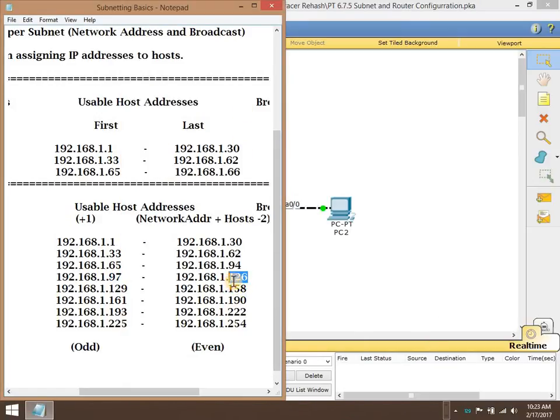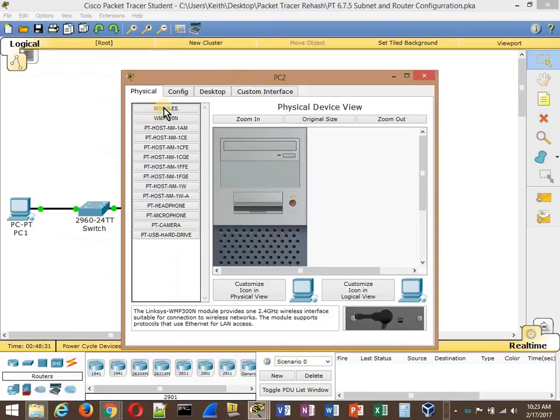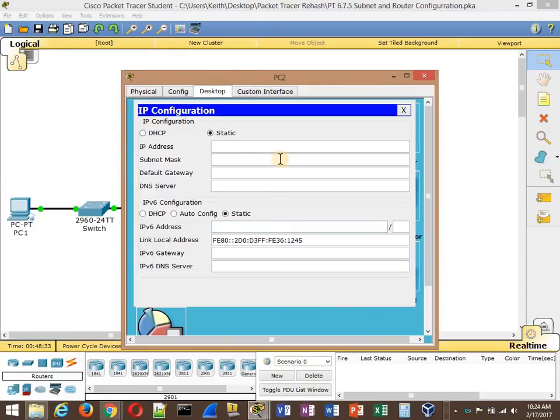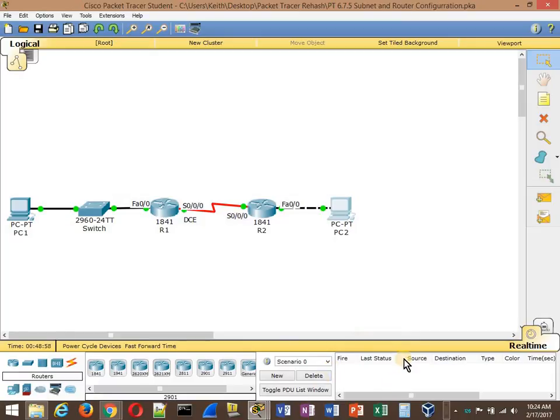So making the assumption, I don't even have to read it, the last valid host address being in the same subnet would go to PC2. So 162 and 224. Remember, they all have the same slash format, which is /27, 192.168.1.whatever the last IP to the router was, that's your default gateway. Exit, exit,